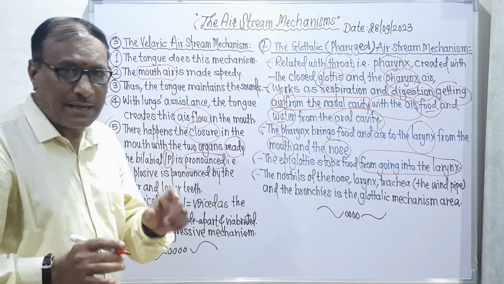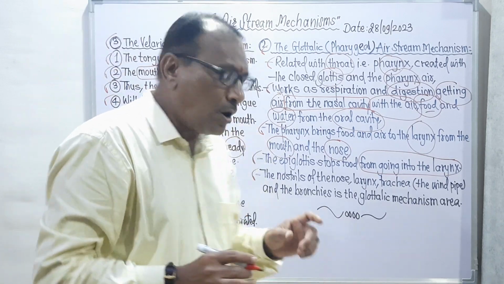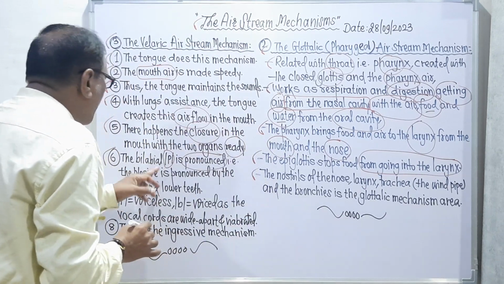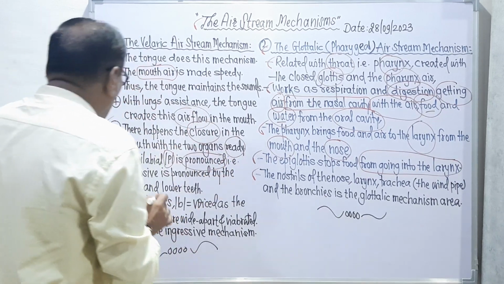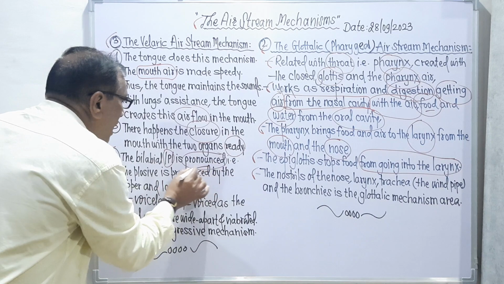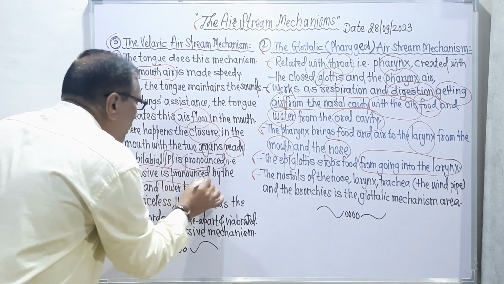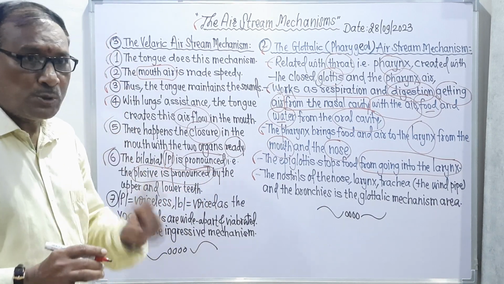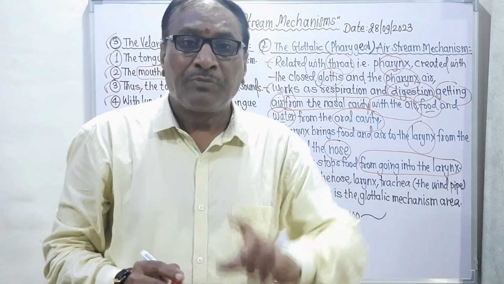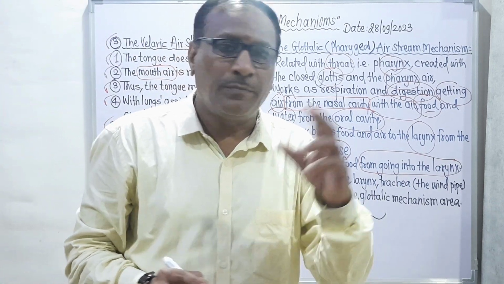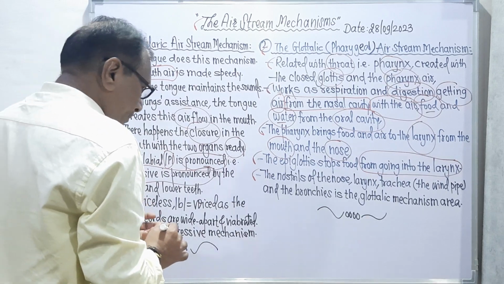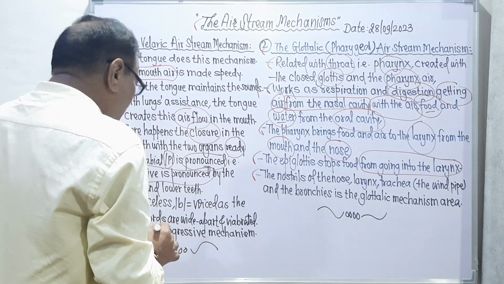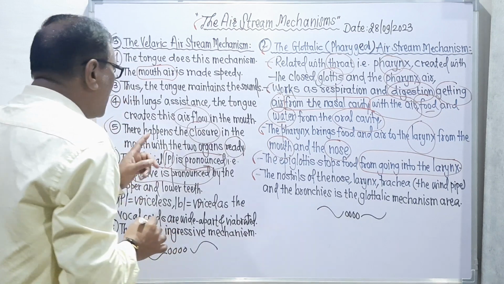Means there is the creation, there is the production of P. And so P is created, P is produced. That is, the plosive is pronounced. Remember, plosive. P is plosive, and there is the creation of the plosives. Which plosive? Here, P. So P is created.